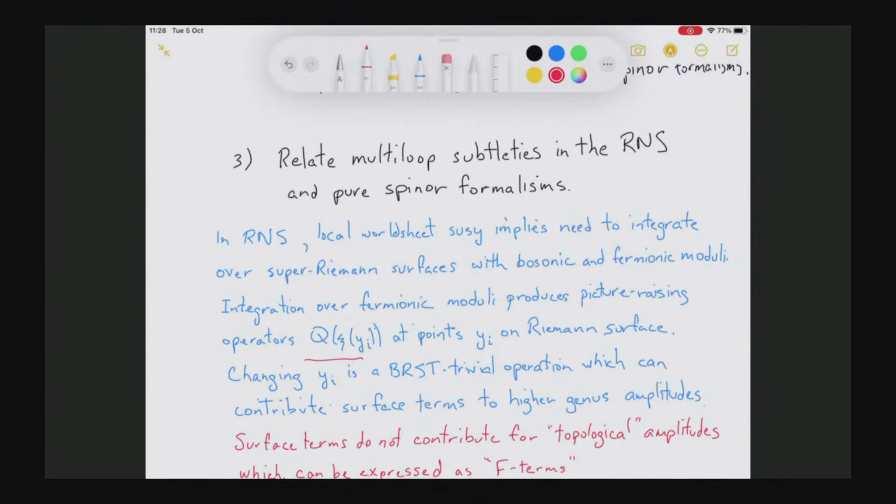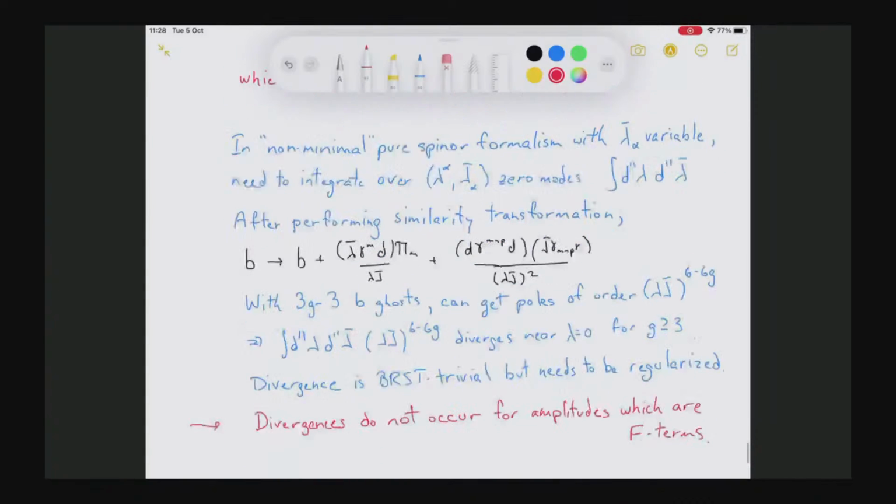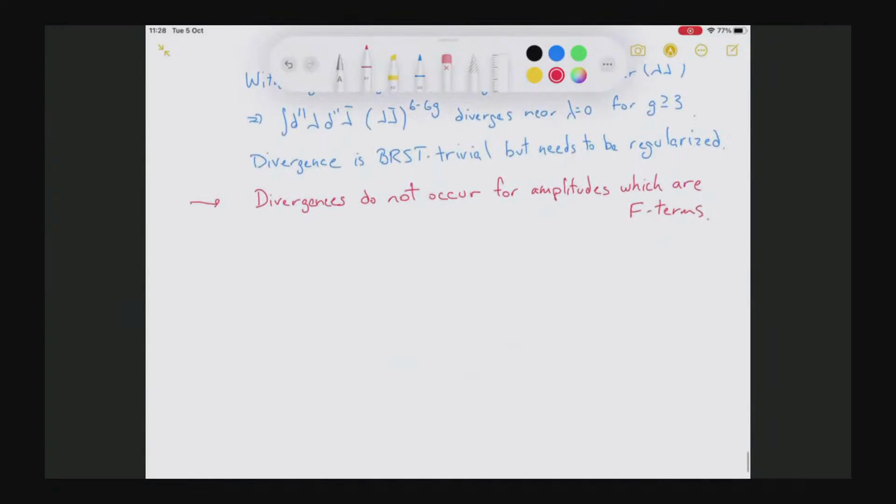So maybe I have a question, which is probably not really a question, but more of a curiosity. Is there a way, for example, to detect somehow from this kind of formalism something like the non-projectedness of the super moduli space, which is something that actually affects the computation of amplitudes in the RNS formalism? So there might be a relation like this.